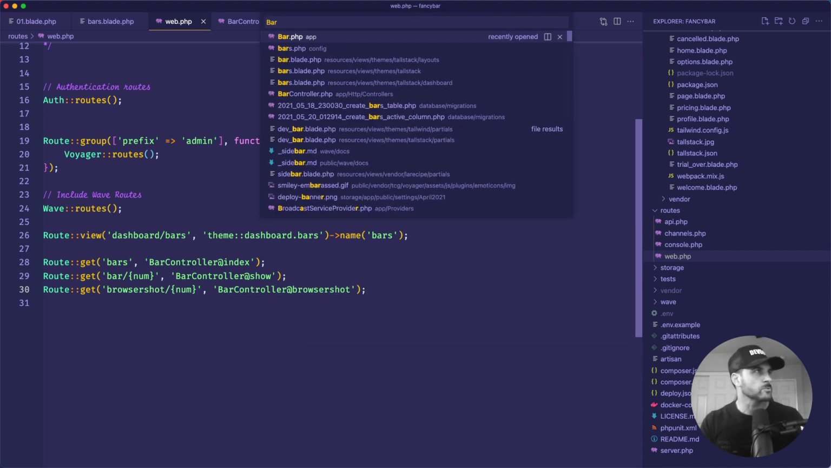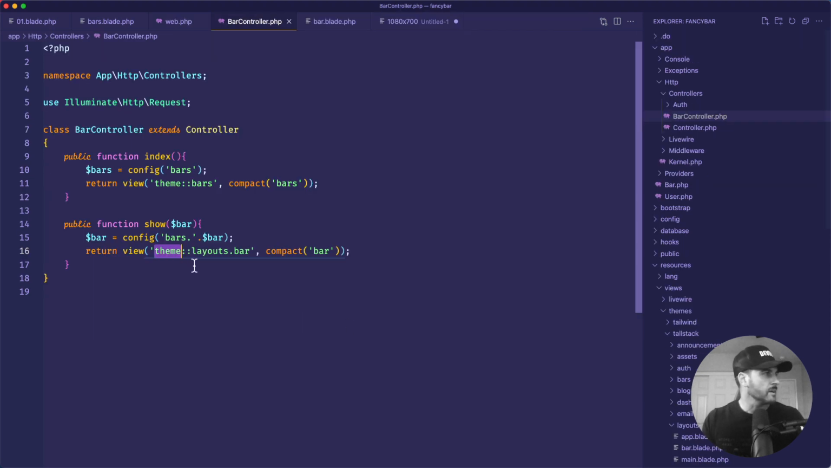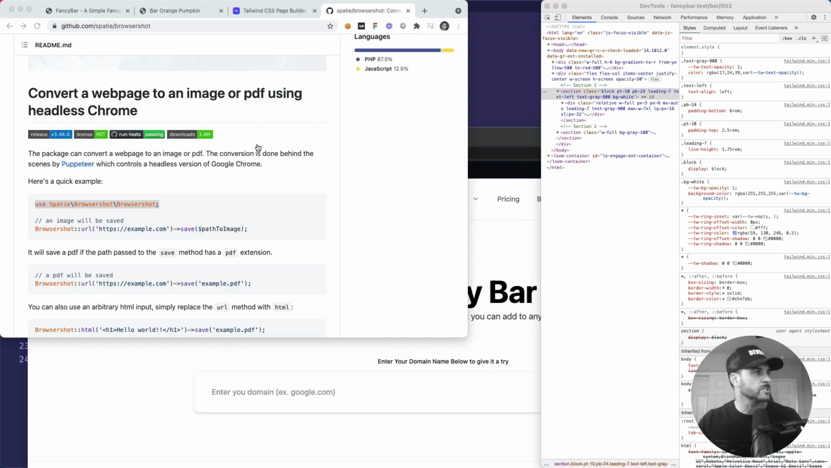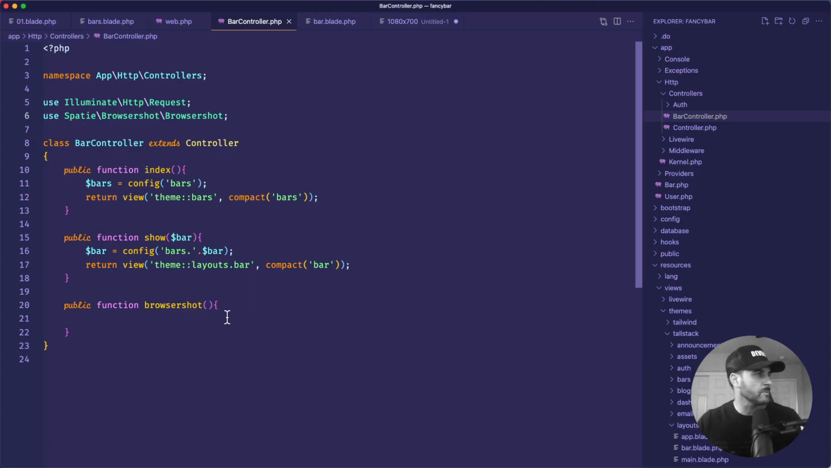Okay, so let's go to that controller. And I'm going to create that method. So public function browserShot. And we need to include that namespace up here. So we'll include Browsershot. And let's go ahead and let's just test this out. How about we say